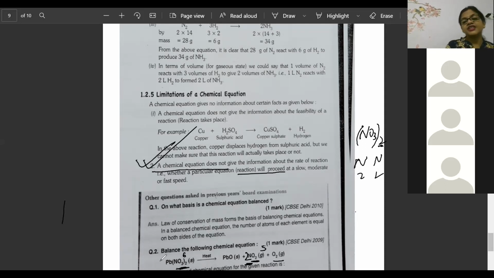Okay, beta, here 7 is there. So that means we must put some odd number here. So let's put 3. So now lead is 3 here. Now here also lead is 3. Now the nitrogen number changed. If the nitrogen number on this side changed, we have to change the nitrogen number on that side also. What is the number of nitrogen here? Now the number of nitrogen is 3 twos are 6.